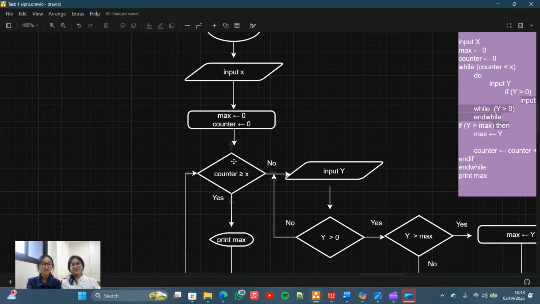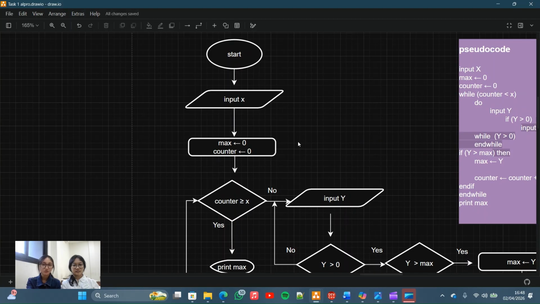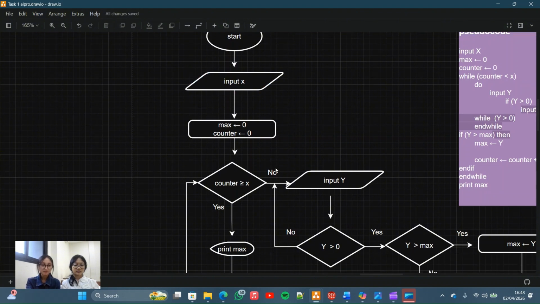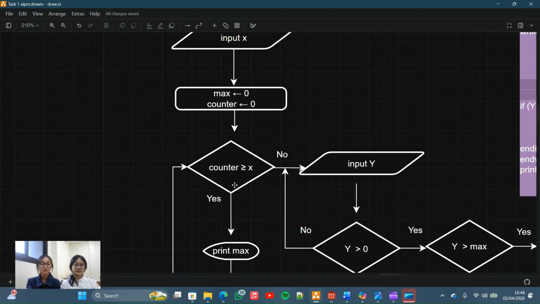The counter is supposed to give a limitation to the user. Like the question before, we ask the user to input another number as many times as what they typed for the X number, so the user doesn't give more numbers than they input before.